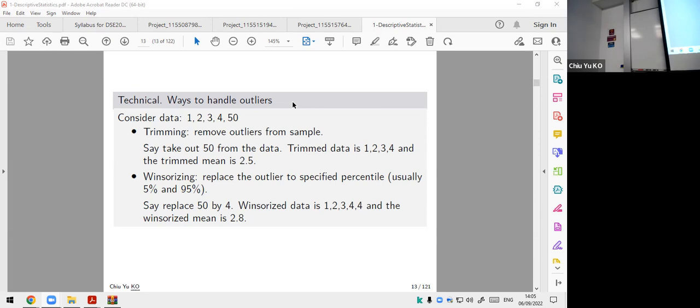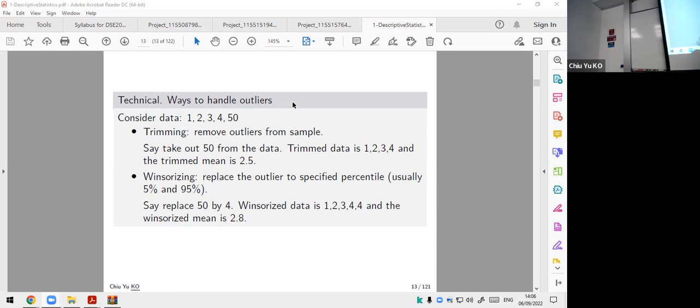As I said, you either take out 1%, 5%, 10%. That's how you massage the data. You're not free to massage. There's a standard procedure to massage the data, which is generally acceptable. You can't just say, okay, this outlier, I take it out, and then you do whatever you like. No, there's a standard procedure like this to make sure that you clean your data in a way that is acceptable.